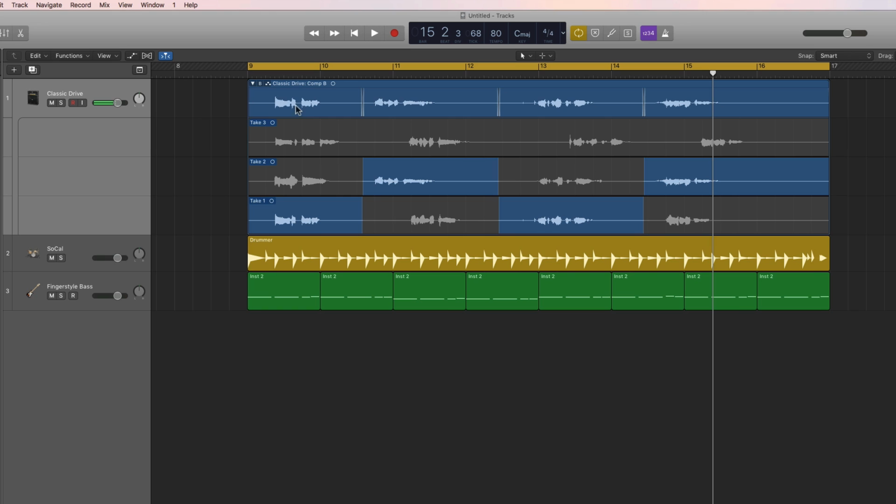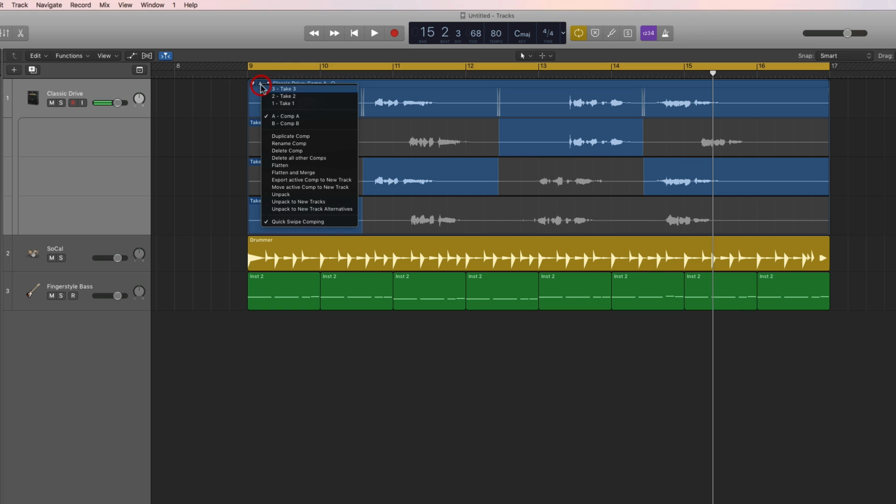Or if you're absolutely sure you want comp A or comp B, let's say I'm sure I want comp A, then you've got the same choices about flattening, flatten and merge, exporting, unpacking, and all the rest of it, or unpacking to track alternatives, right? But this cycling around is just such a genius way to come up with